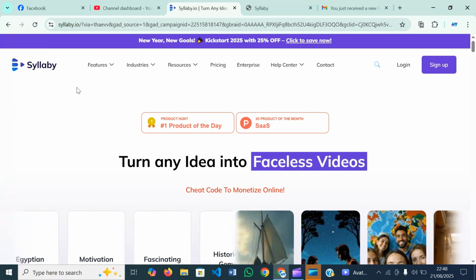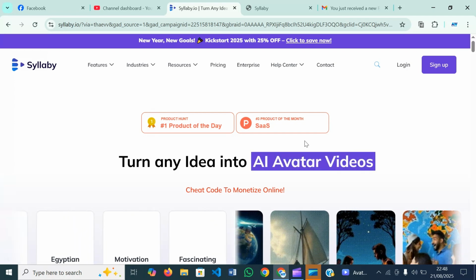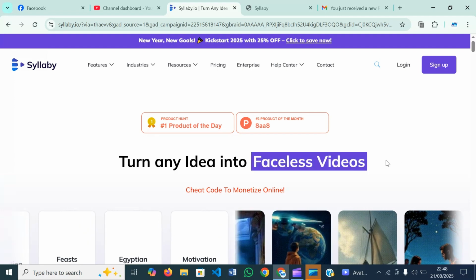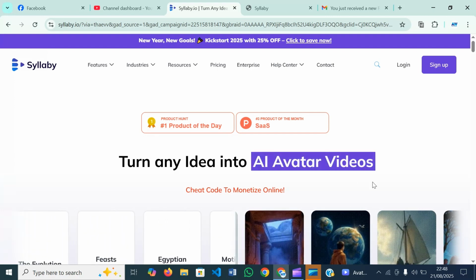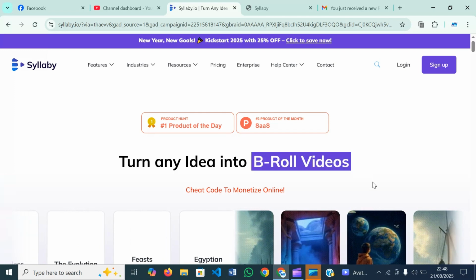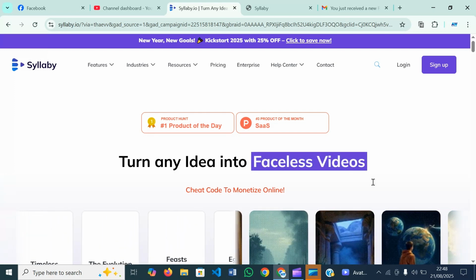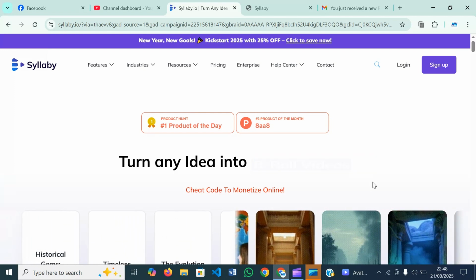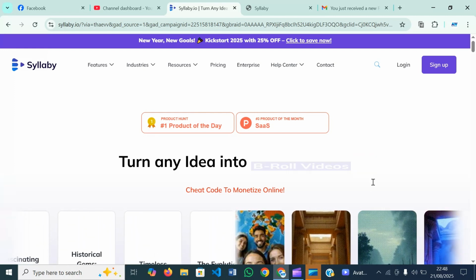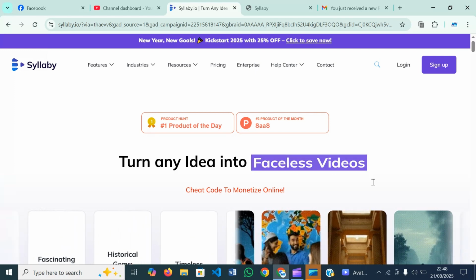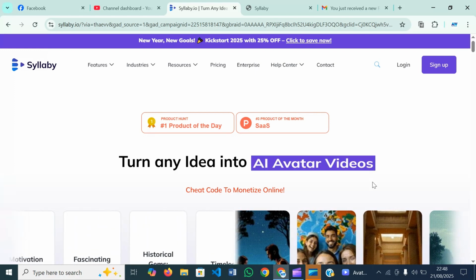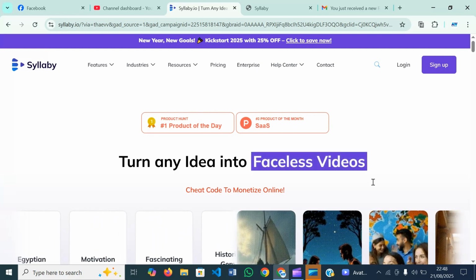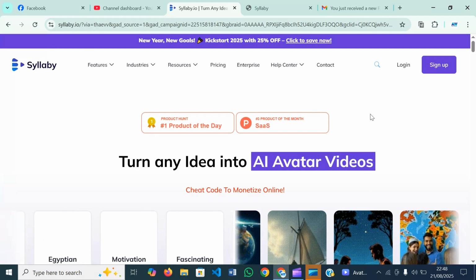This AI tool is called Syllabi, and what Syllabi does is create faceless videos. It can automate the entire creation process of faceless videos without all the editing and things like that. It can even publish for you on social media, YouTube, TikTok, Facebook, whatever. And they have an amazing affiliate program